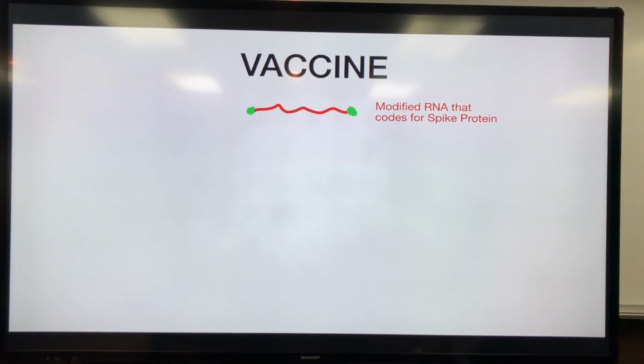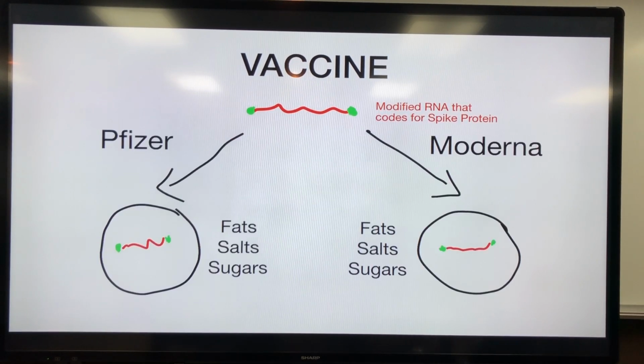It's very fragile. That's why soap and anything else just destroys it sitting on anything. So it has to be put in something called a nanoparticle, a little envelope, much like the virus, to protect it before it can be given into your arm. And that brings up these two companies. Pfizer and Moderna had both different ways of making that little soap bubble, I call it, nanoparticle. Pfizer had a certain way of making it, Moderna had a certain way of making it.